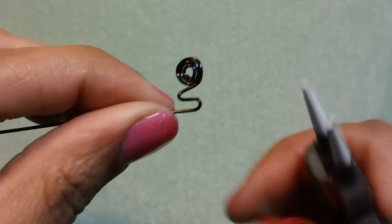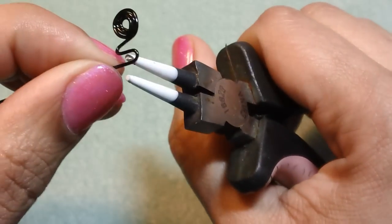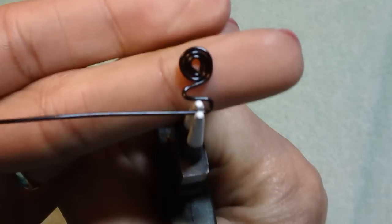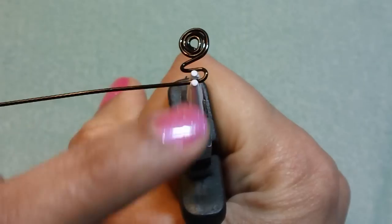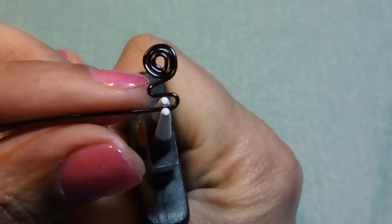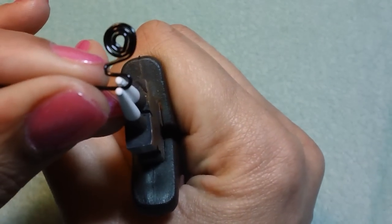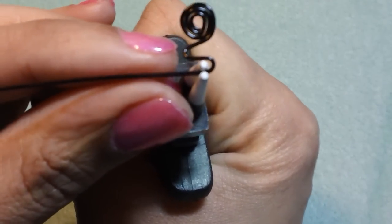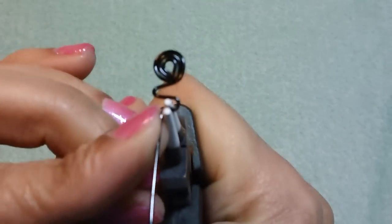So then what I do here is I try to put the round nose pliers where I think the middle of this is, because you're going to bend the wire straight down and you want it to be even, or you want it to look symmetrical. So I just kind of grab it about there. You see that? And then push the wire straight down